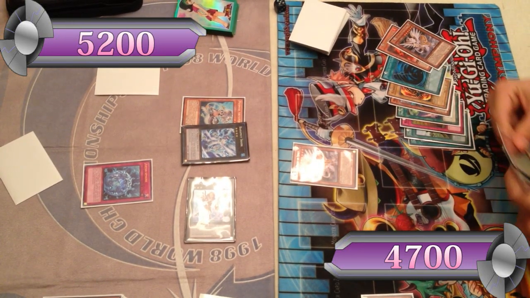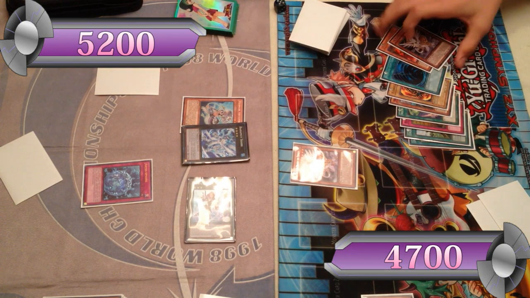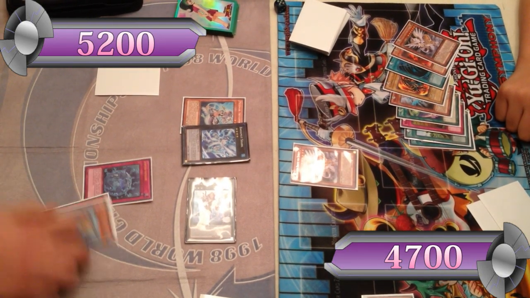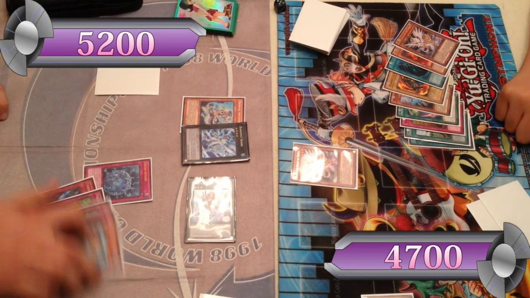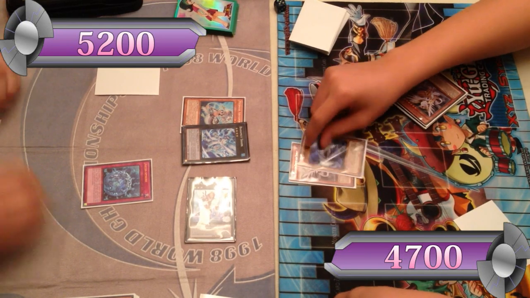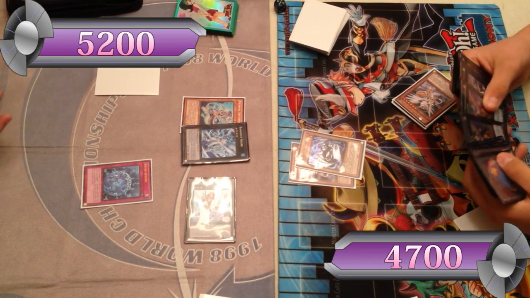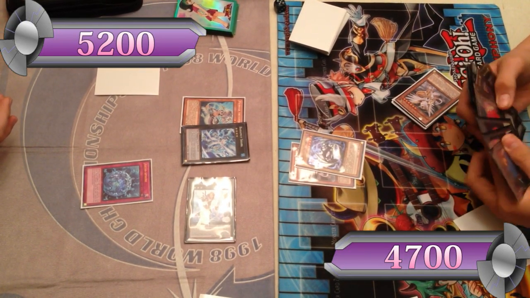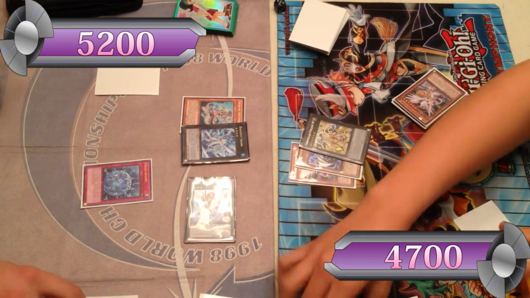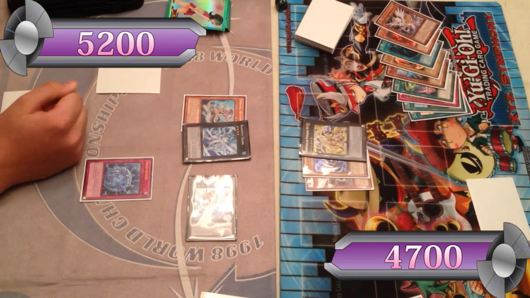A Tefnuit is special summoned and tributed for another Tefnuit. The effect of Tefnuit will activate, summoning the Labradorite in hand. And then overlaying the two level 6 dragons for Constellar Ptolemy M7,